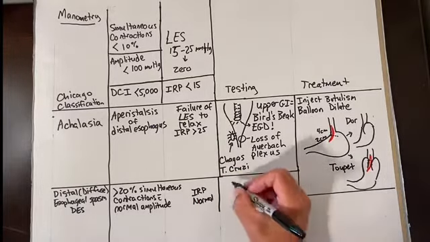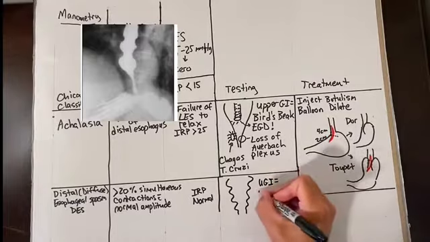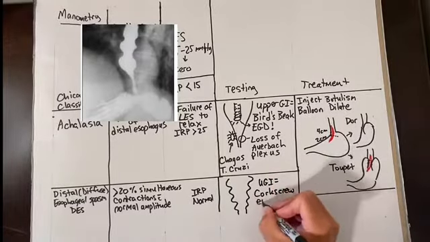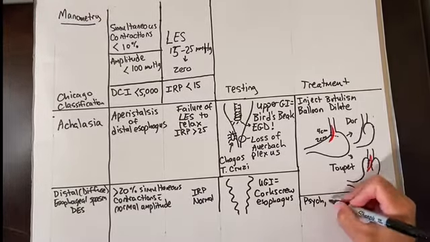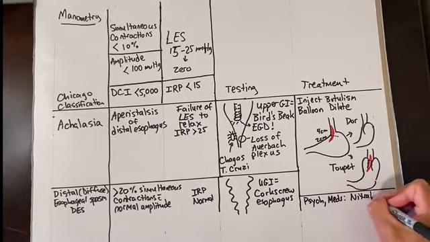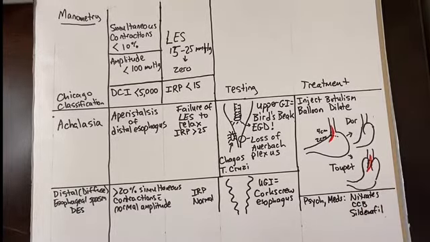The classic barium swallow finding is a corkscrew esophagus, although this is really not very sensitive or specific to this disorder, but it is the one usually assigned to it on tests. The important thing to know about diffuse esophageal spasm, or DES, is that medical treatment is first line, which includes psychiatric treatment, as it is commonly related to stress, and medications such as nitrates, calcium channel blockers, and sildenafil, or